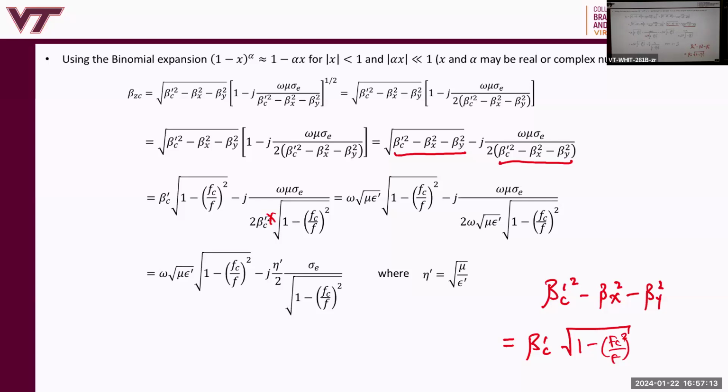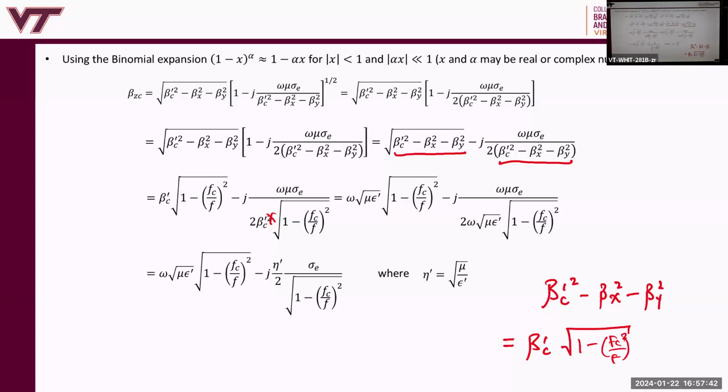All right. Copy and paste there. Very good. Now, beta c prime is omega squared of mu epsilon prime. Yeah? All right. And then we get 1 minus fc over f. All right, good. One more simplification we're going to do is define eta prime as the square root of mu over epsilon prime. Remember, epsilon prime is the real part of the complex epsilon. And we can then write this imaginary part as eta prime over 2 sigma effective divided by 1 minus fc